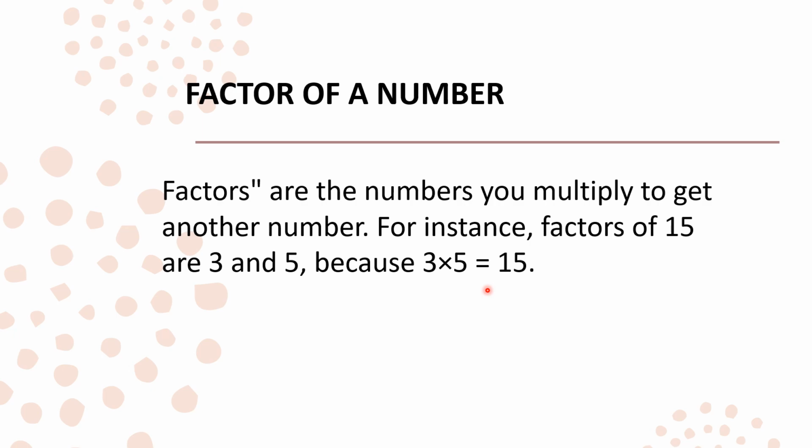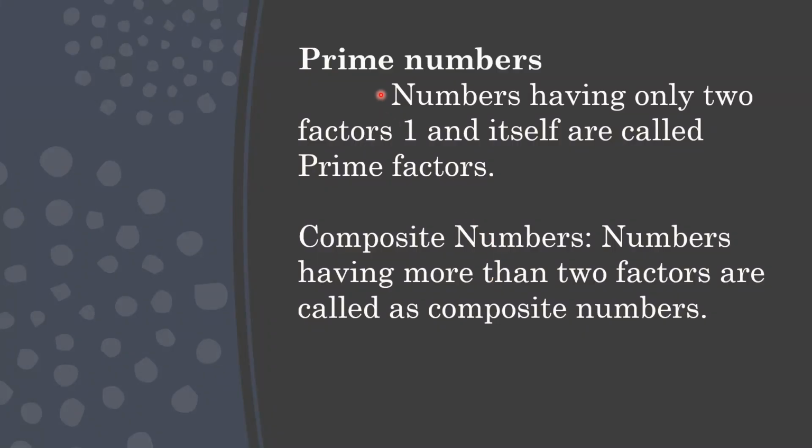Now let's move on to today's topic, what is a prime number and a composite number. Prime numbers are numbers having only two factors, one and itself. Now you know about factors, right? Suppose it is 12, what will be the factors of 12? 1, 2, 3, 4, 6 and 12. Why? Because in those tables you will get 12: the 1 table, 2 table, 3 table, 4 table. So for 12 you will get those numbers as factors.